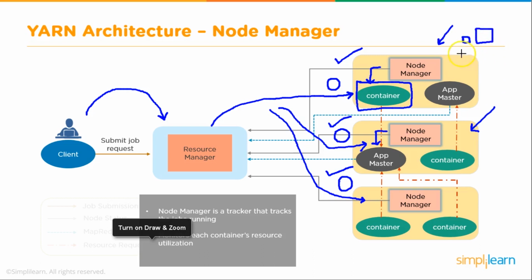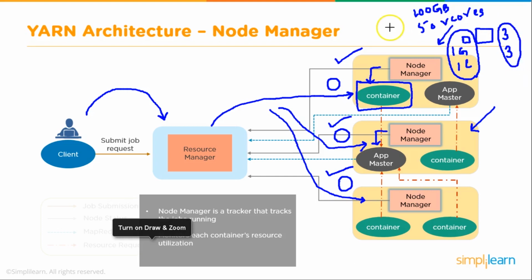container size. So a smaller container could be, okay, we are talking about 1 GB RAM and one CPU core. The biggest container could be 3 GB RAM and 3 CPU cores. So out of total 100 GB RAM which was allocated to node manager, always remember 100 GB RAM, which I'm pointing out, is some portion of the memory which is available on that node. So 100 GB RAM and say 50 virtual cores, out of that total which has been allocated to node manager, you could again have in configuration defined what will be my smallest container, which is say 1 GB RAM and 1 CPU core, and a biggest container with 3 GB RAM and 3 CPU cores,